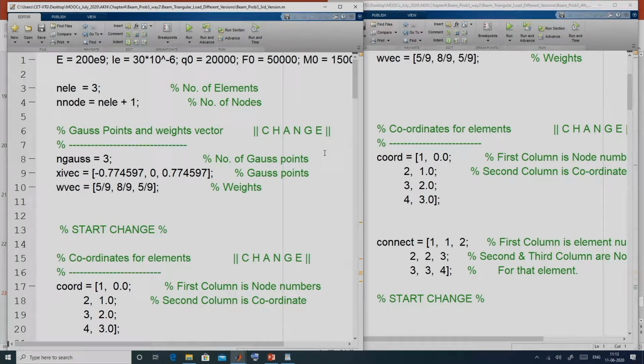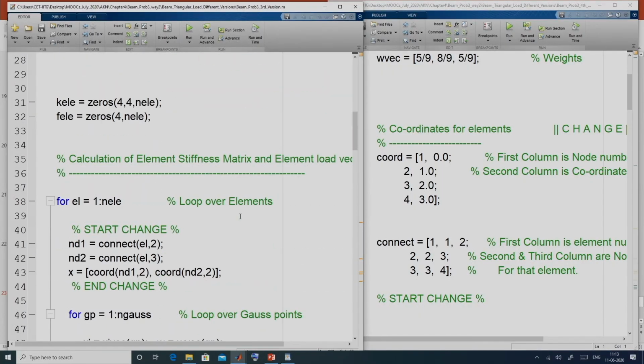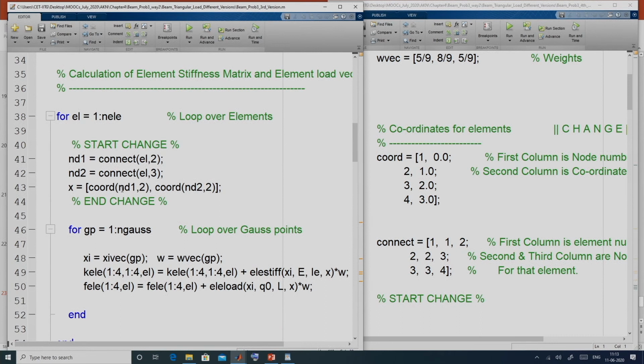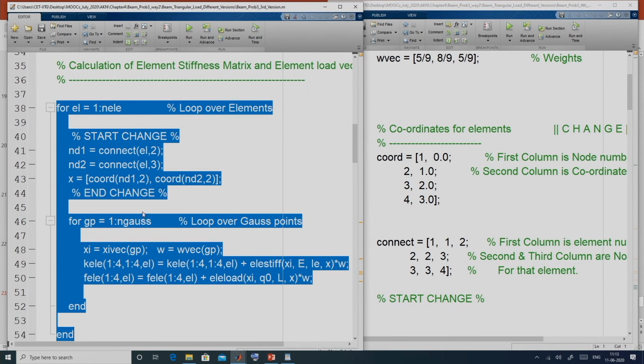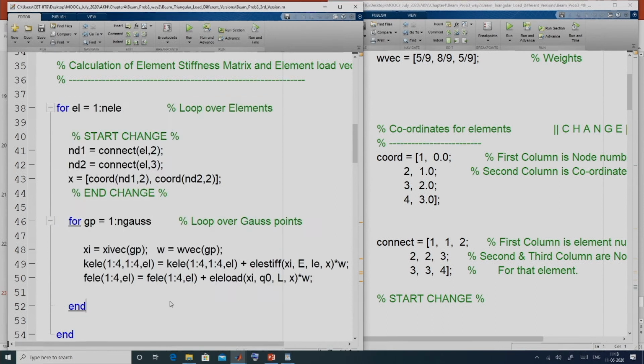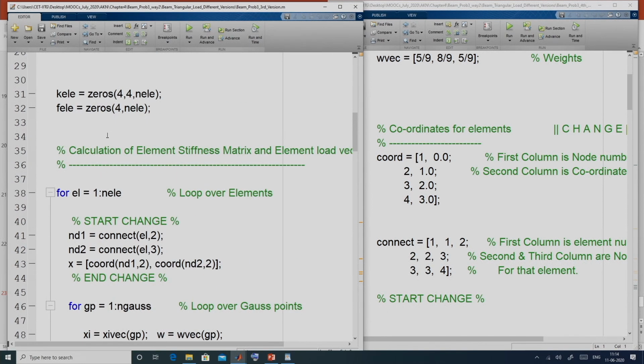Now, today we will do further generalization. If you see, in the current version of the code, there is one loop over elements where we are creating the element stiffness matrix for each element. For our problem, there are 3 elements. So, we are storing that 4 cross 4 element stiffness matrix for each element in this 3 dimensional array KLE.